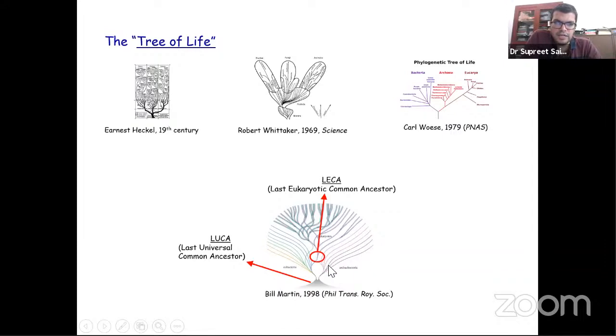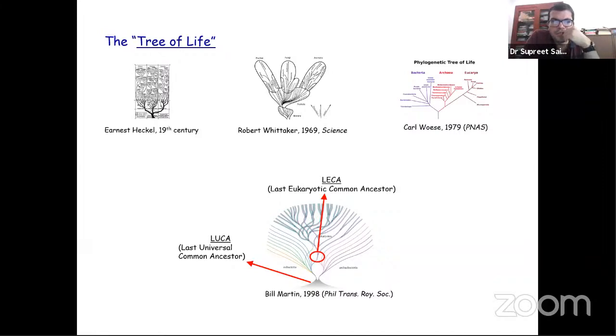And then one day an archaeon engulfed a bacterium, and that bacterium subsequently became the mitochondria, and hence this led to the rise of eukaryotes. And all of these eukaryotes have come into being much later. This engulfment event, where archaea engulfed eubacteria, led to the evolution of the first eukaryote from which all eukaryotic life has evolved. This first eukaryote is called the last eukaryotic common ancestor, LECA, and is the ancestor of all eukaryotic life that we see around us.